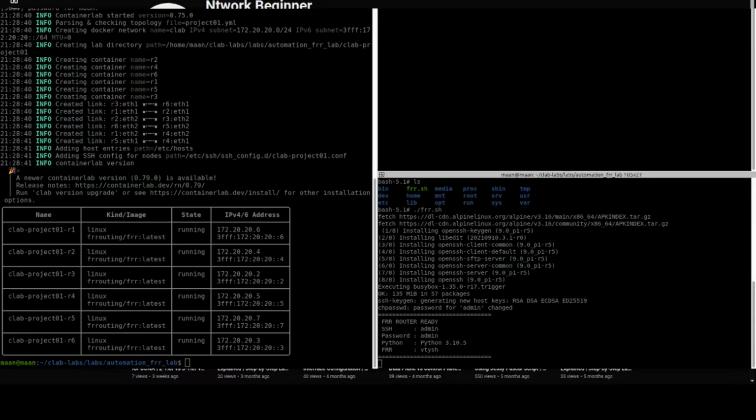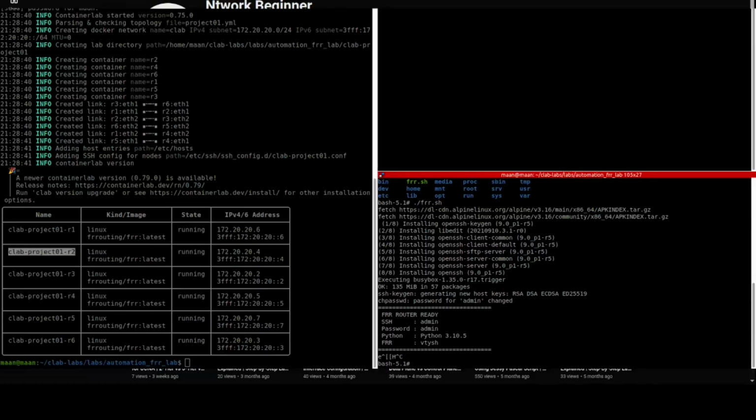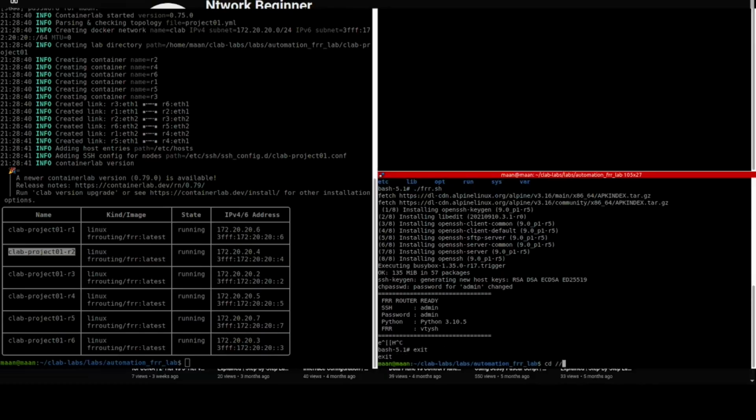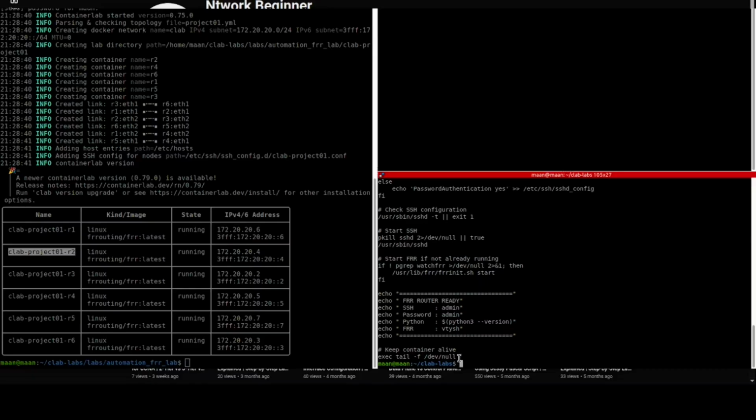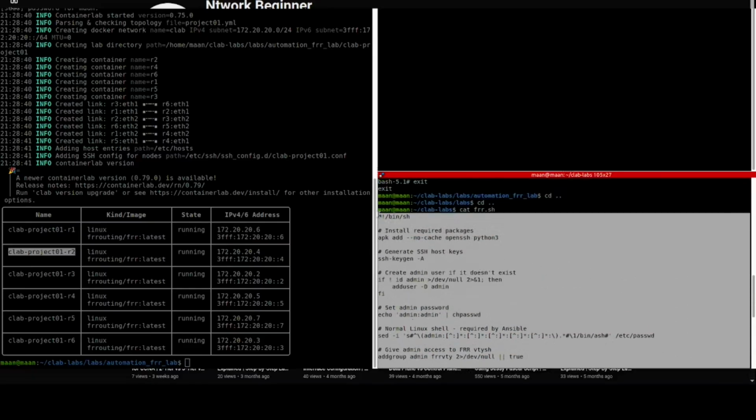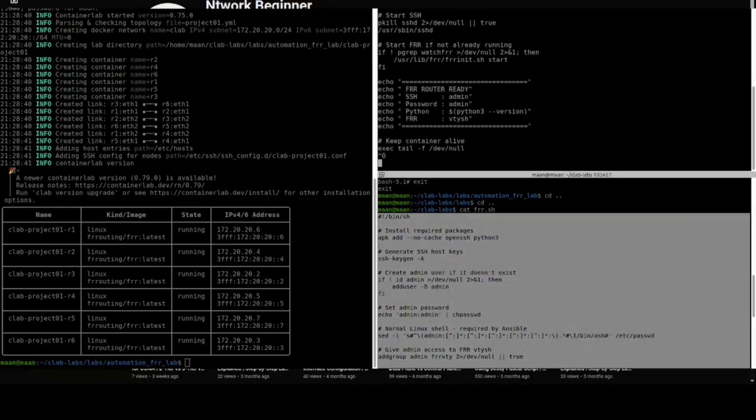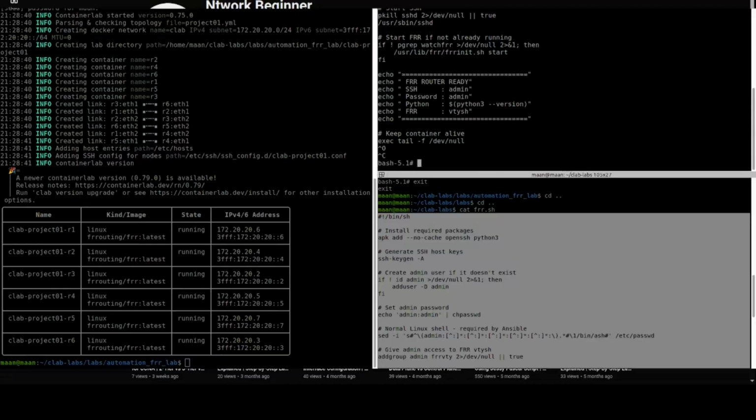Now let's access the next router. Bash cat FRR.sh. Okay, just give me a sec. Okay, it's done now. Then Control C, exit. So through that you can again copy, just a sec. Okay,